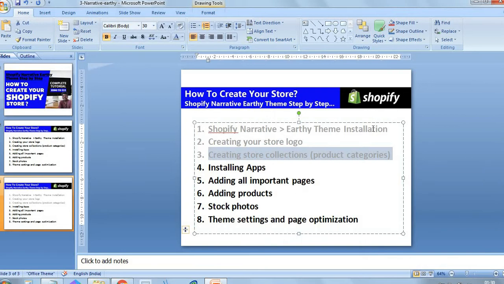If anything is missing, we can add that particular feature by using an application. That's why we are using applications in Shopify. In the Shopify App Store, we can get the applications. There are a lot of applications available, free and paid.